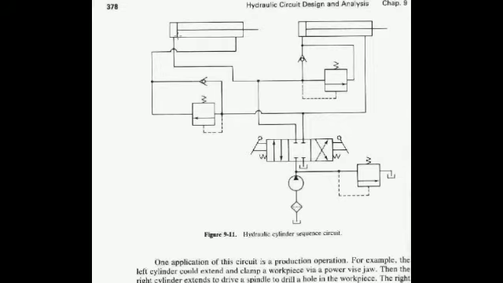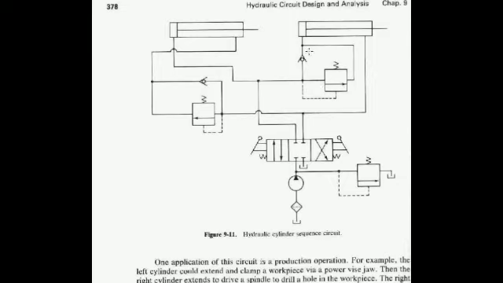So when I get complete extension of this one, that is nothing but this piston is going to be completely extended, so that it will be completely coming out of the cylinder. In that case, the pressure on the back side will go on increasing. The same pressure is going to make the line open. That means this pilot line is going to move the valve position from off center to center position. Then only we will get the flow in this line.